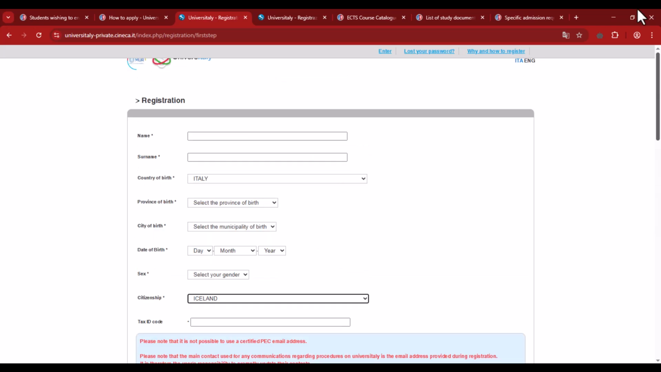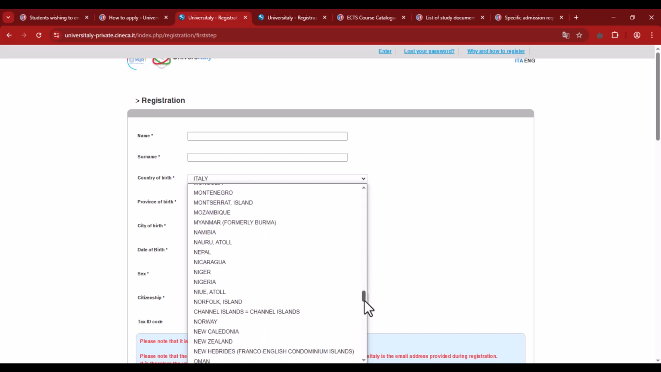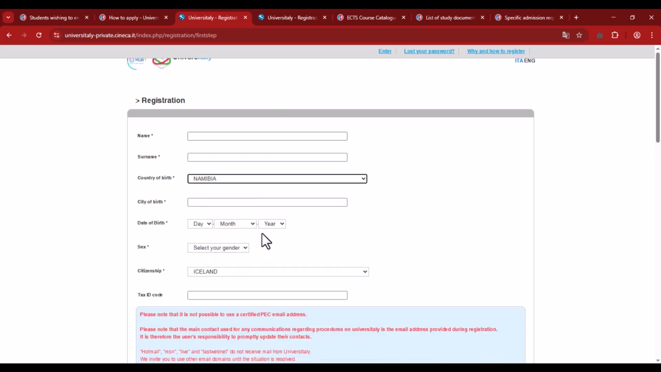So what we have here is the name, the surname, the country of birth. Once you select your country of birth, then city of birth, you can type in your city of birth, then date of birth, your gender, citizenship, which citizenship do you own. Leave this blank,